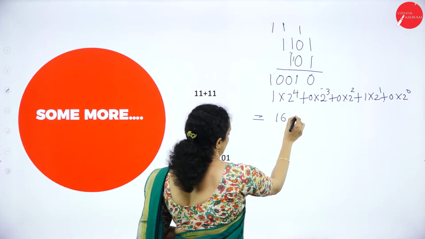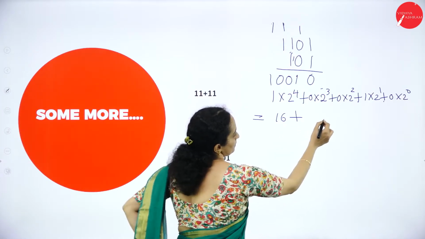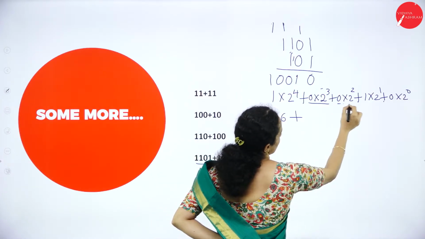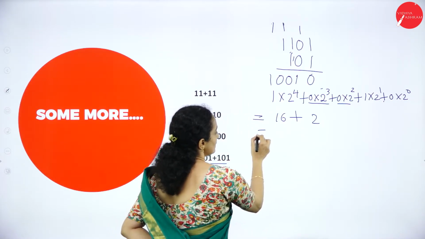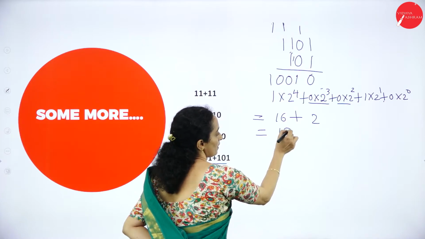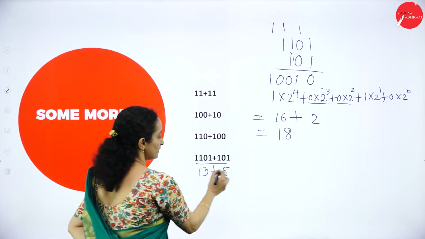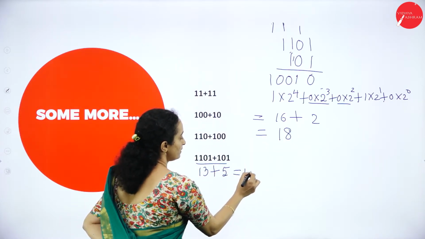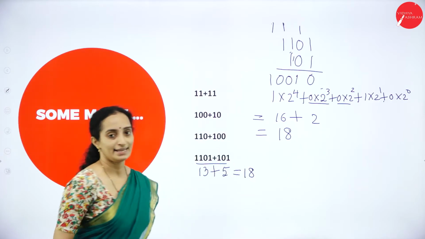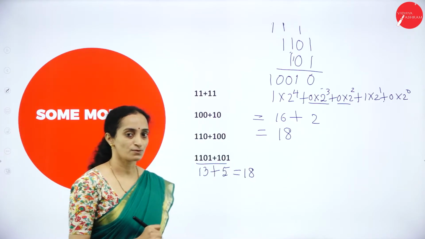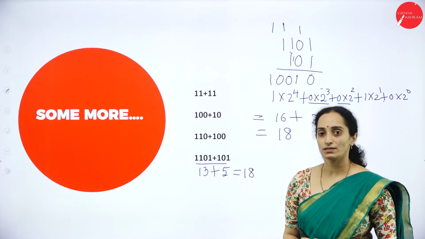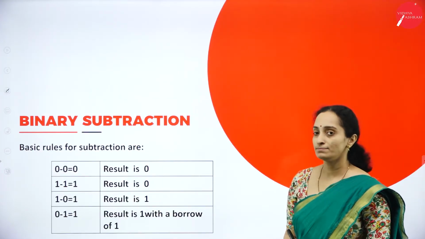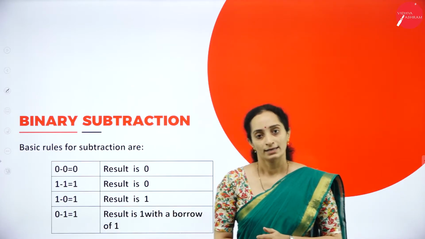16 plus, these are zeros, plus 2. Result is 18. Okay. 13 plus 5 equals 18. Okay. So this proves the correctness of the operation. Okay. This is about arithmetic addition. Now we shall come on to subtraction